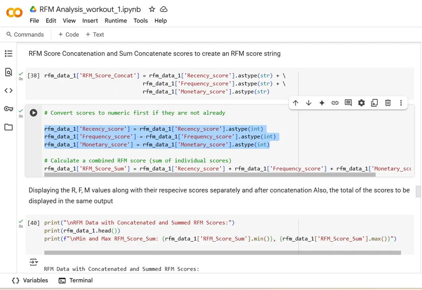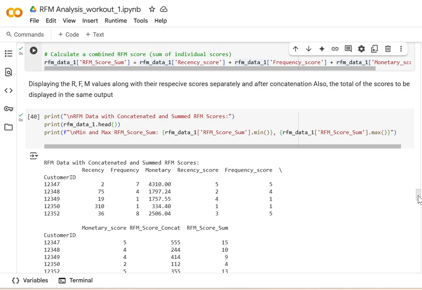So you can remove the score and check, and also if it is not working properly, because strings cannot be added, the numerical operations on strings cannot be done. So we have converted that into integer as a safety measure, and then we have done that. So as you can see here, the output indicates